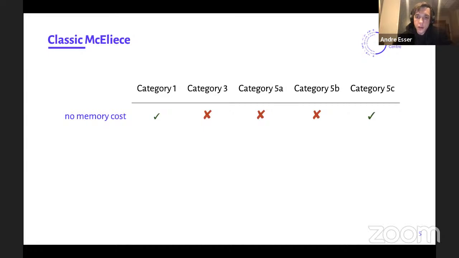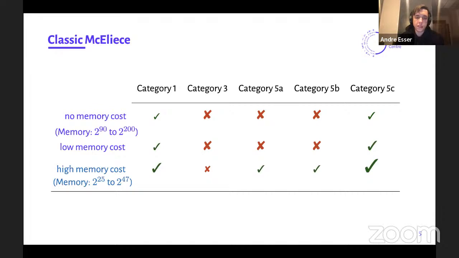the security guarantee. But to be fair, the algorithms used to obtain these estimates use huge amounts of memory, which makes it increasingly interesting to look into memory access costs. And we find that if we consider low memory access costs, the picture does not change drastically. But under high memory access costs, basically all but the category 3 set match the security guarantees. So it's a slight outlier, the category 3 set here.